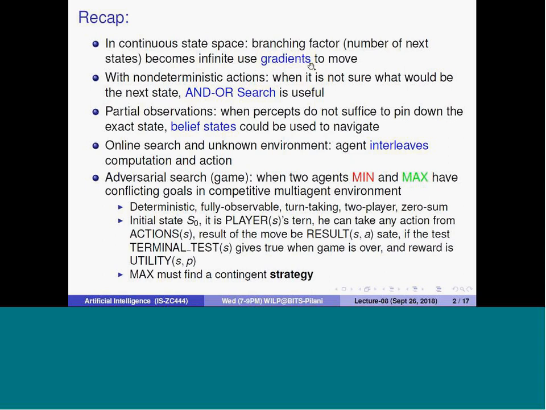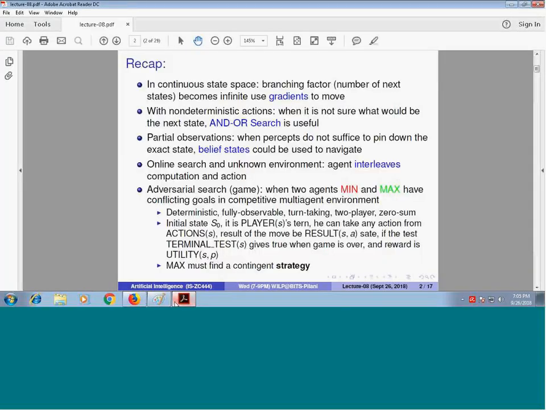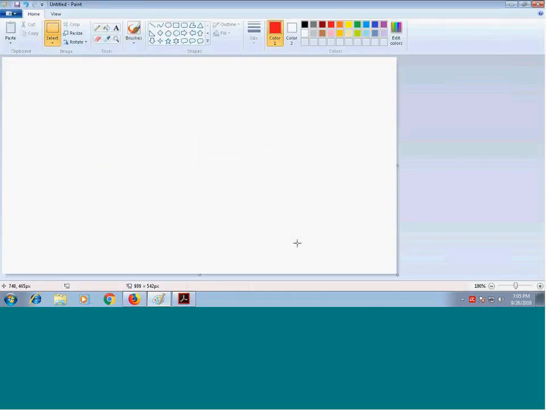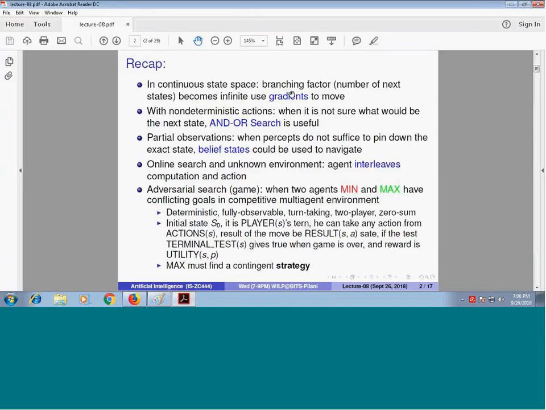tackle this problem? The answer is to use the gradient. What is it? Gradient is the slope. You try to see that in all directions: what is the gradient in the x direction, what is the gradient in the y direction, and then you would be able to find the vector that tells you this is the particular direction where the slope is highest. It means at this particular moment you are getting the highest amount of advancement if you go in that direction. So you can use this gradient to move in a particular direction.